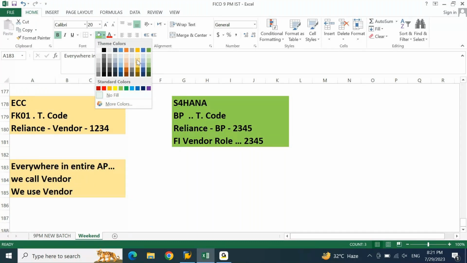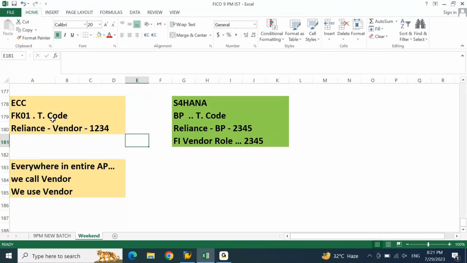When I say this statement, in ECC, you will call vendor master data, vendor invoice, vendor payment, vendor credit memo, vendor report. Am I correct? Yes, sir. Yes, you're correct. In S4HANA,